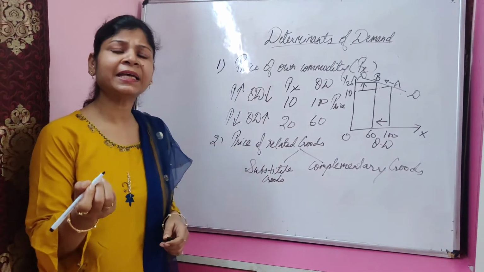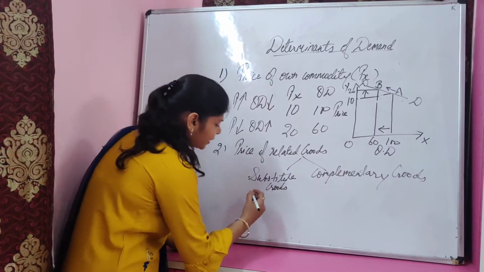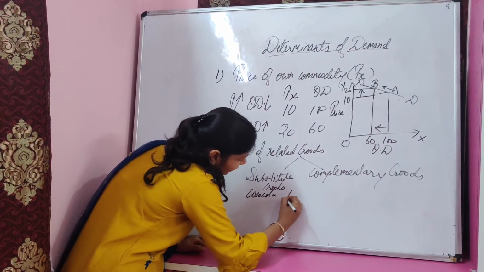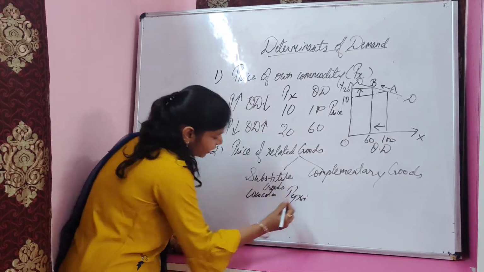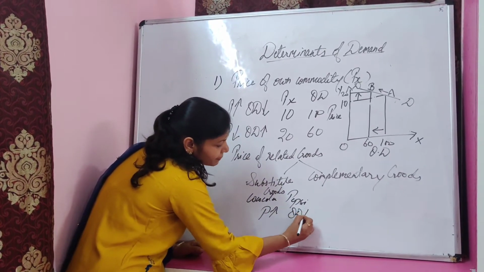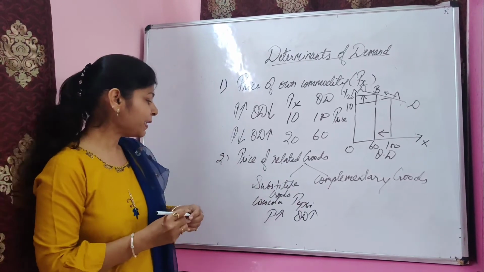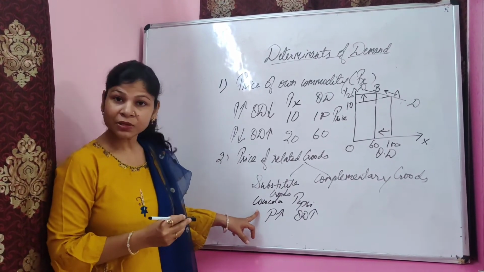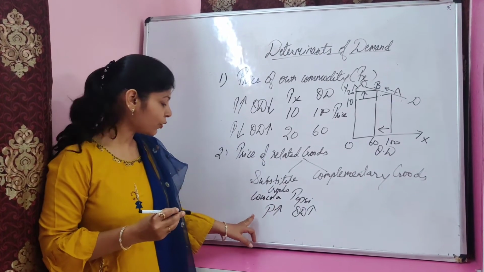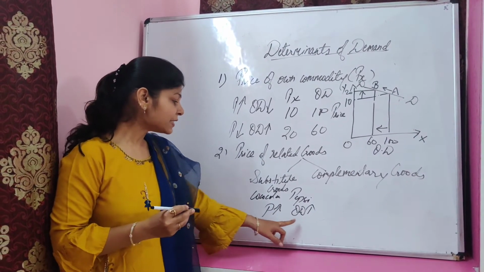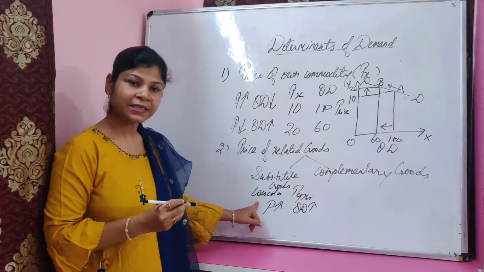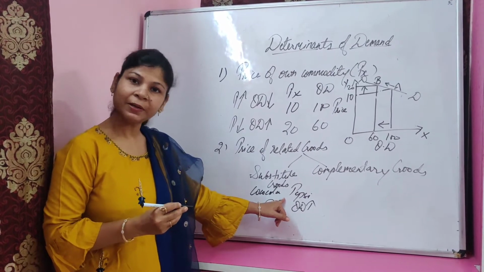So simply we can take an example of any one pair here, like suppose Coca-Cola and Pepsi. Now if the price of Coca-Cola increases, then quantity demanded of Pepsi will increase. Why? Simply because now Coca-Cola is costly, so a rational consumer will prefer Pepsi instead of Coca-Cola. So it shows that there is a direct relationship between both. If the price of one commodity increases, the demand for another commodity will increase.